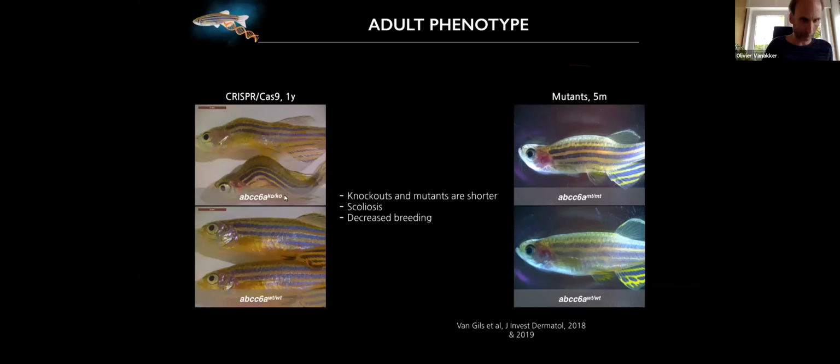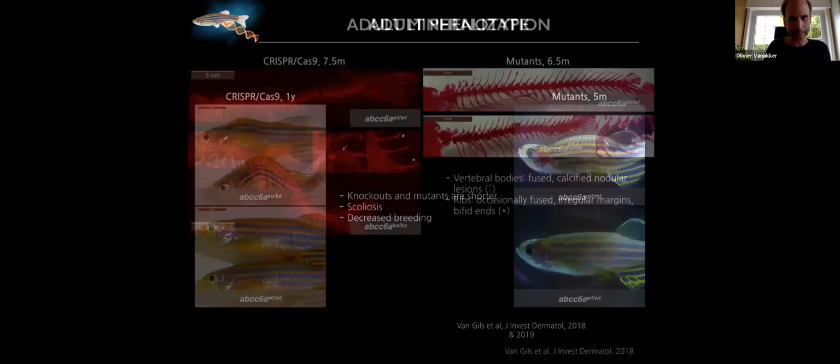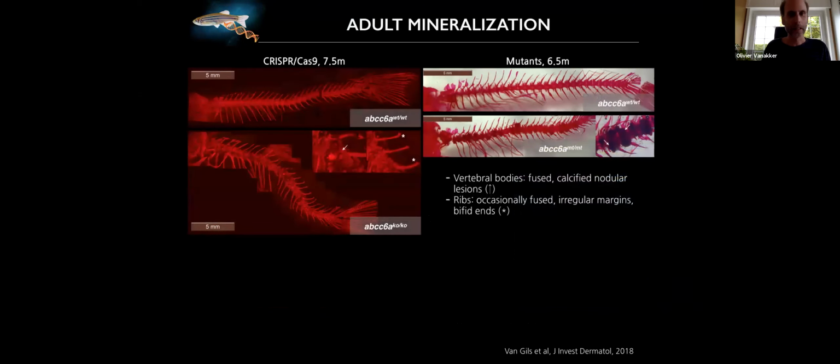Mild, sometimes quite severe. So there is also this phenotypic variability, as you can see in PXE patients, that is also represented in these fish, and gives opportunities to study the factors that may contribute to this variability. And then if you have a closer look at their tissues and their skeleton, you see that the PXE zebrafish